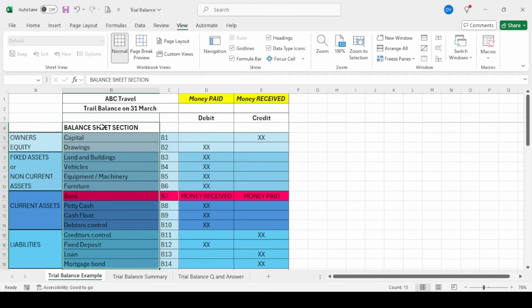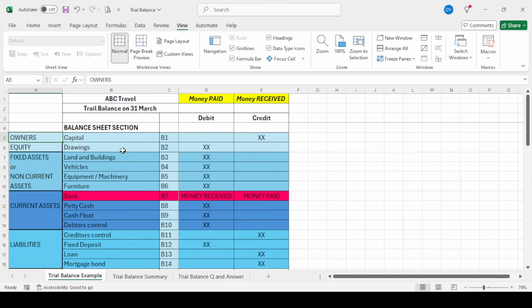And when you get to the exam and you have to draw up a correct trial balance, you're going to literally copy it as you've studied it. From there, the only thing that will be different will be the amounts that you put in, because that's obviously always different per exercise, per question. So I've just added a column here on the left. It's just to make it a little bit easier, maybe to help you to remember what goes where.